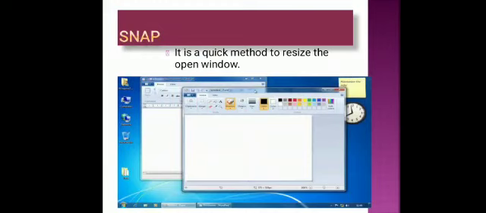Now, dragging the window to the upper edge. Okay, if you drag it to the left, right, both will appear. If you drag it to the upper edge, that will appear on the entire screen. And if you drag the window to the lower edge, it will expand it vertically, means half screen it will show. Okay, so for left, right, if you want to see both windows on your screen. If you want anyone on the entire screen, just drag it to the upper side. And if you want to see it vertically in half screen, drag it to the lower edge. Okay, so this feature is also provided by Windows 7.